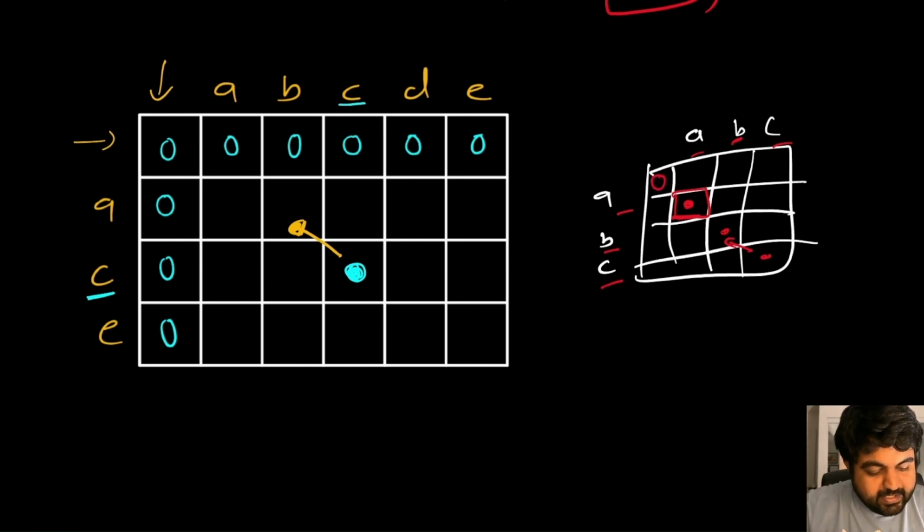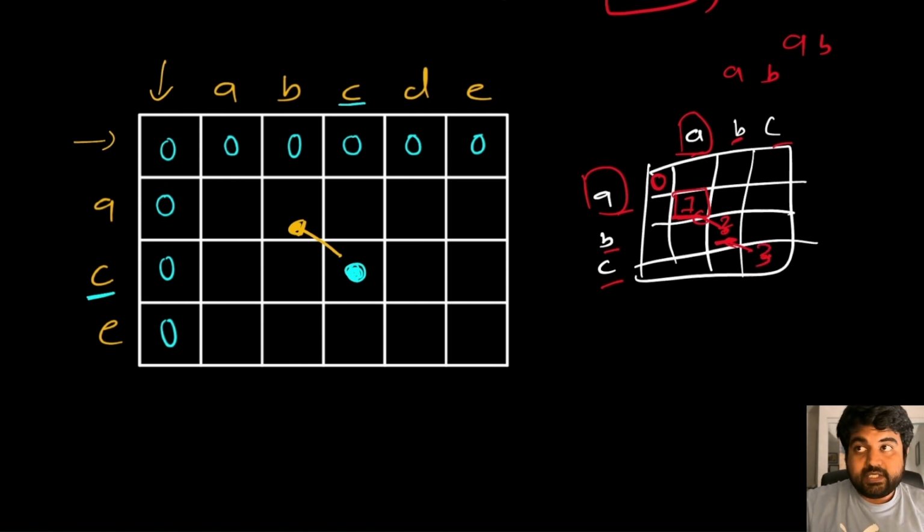But we haven't found any subsequence because this value is 0. So definitely the longest common subsequence at this 8th location is going to be 1. So we are going to mark it by 1. Same way, the longest common subsequence at this location is actually now 2, because we are comparing AB with AB, and that's why this is going to be an addition to the diagonal. So we are going to mark value 2, and same way this is going to be value 3, one more